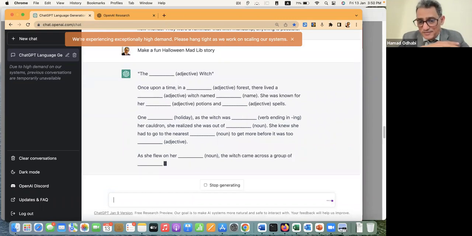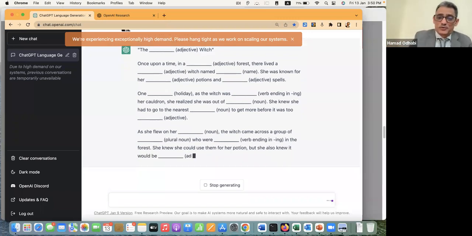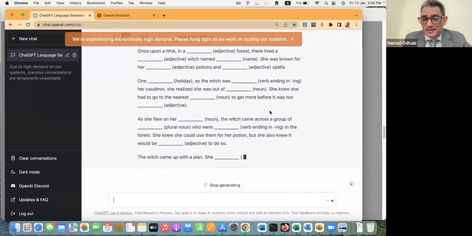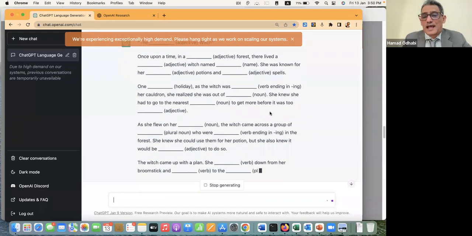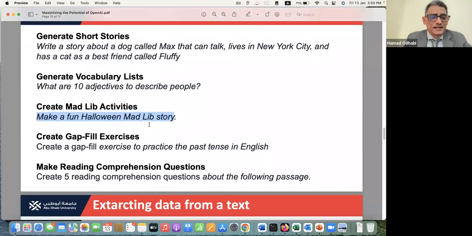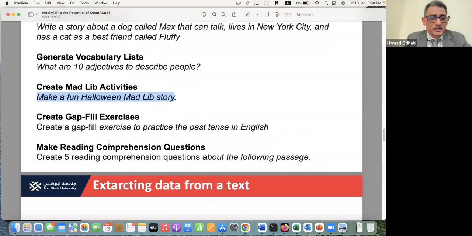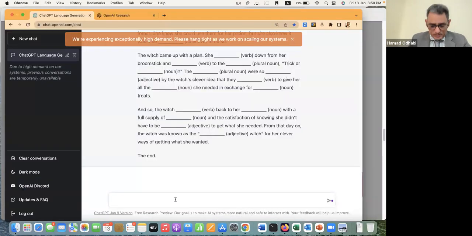H5P, which we have a subscription to, and you can create an activity that the student can play with. It's graded, it goes into the grade centers of Blackboard, and so on. So let's just create this for us. And then another one, create a gap filling exercise similar to that one. And then you can create reading comprehension questions based on the story. Let's say we'll create this one